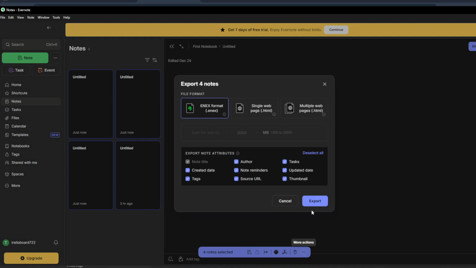Evernote will then guide you through choosing the export format and where to save the file on your computer or device. After the export is complete, you'll end up with a file containing all of the notes you selected. Keep this file somewhere safe, like an external drive or a cloud storage folder, especially if you're using